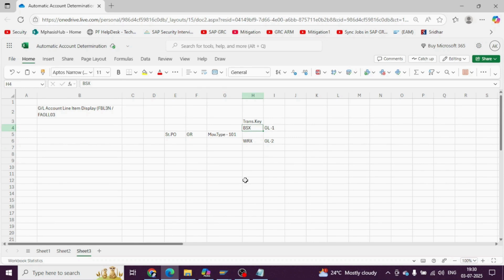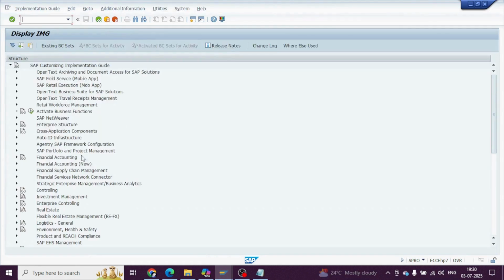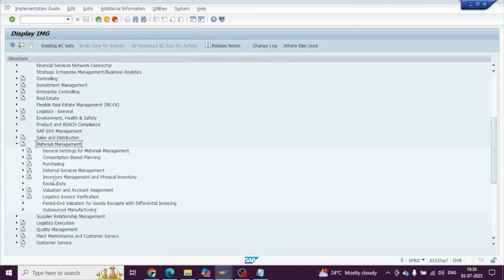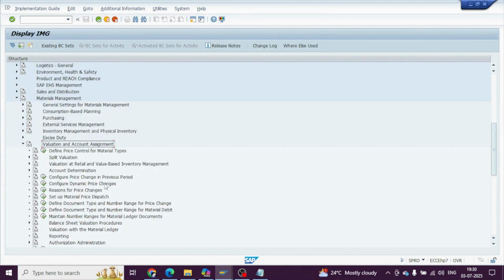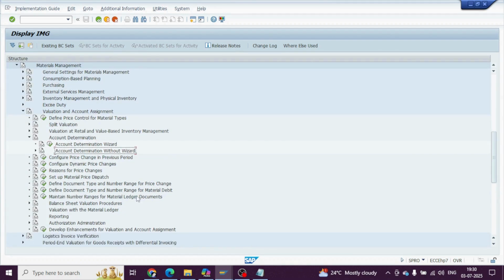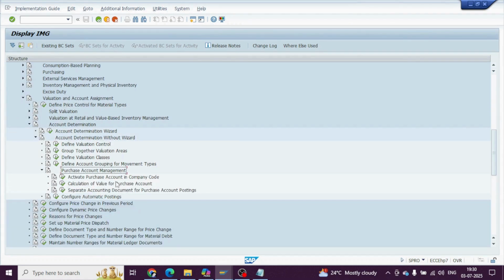Now let's see where they are in the system. Go to transaction OBYC, go to SAP reference IMG, and this automatic account determination you will find in Materials Management. Here you have valuation and account assignment, and here you have account determination. Mostly we use the wizard-free account determination concept only. If you go here, now you will see